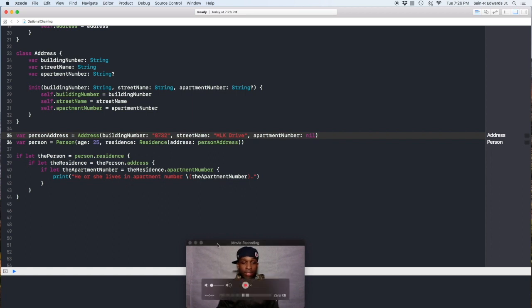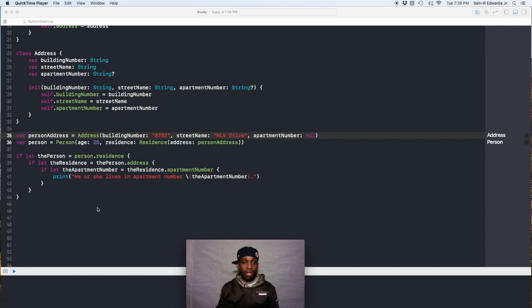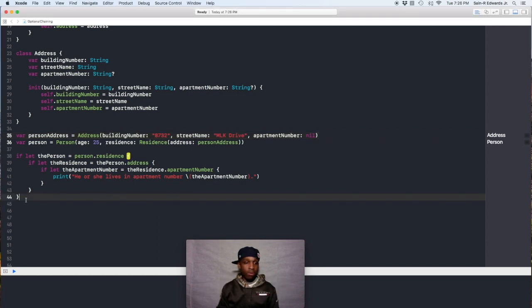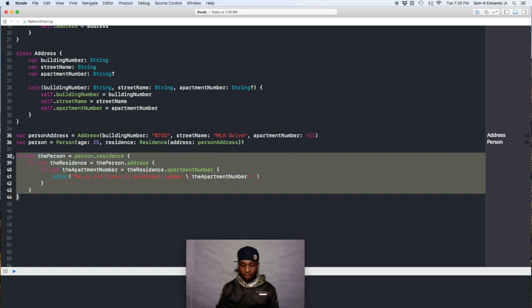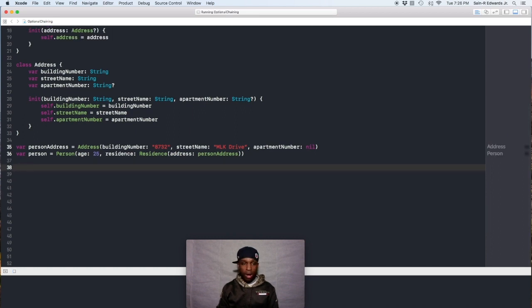Now the short way is this. So you can actually do this. So we're going to go the short way. So I'm going to go ahead and erase this. If you guys need to, you can rewind this and look at it again. But this is the shorter way to do this. So optional chaining. Instead of assigning everything a constant like we just did in that example, you can do this. So you can say if let the apartment